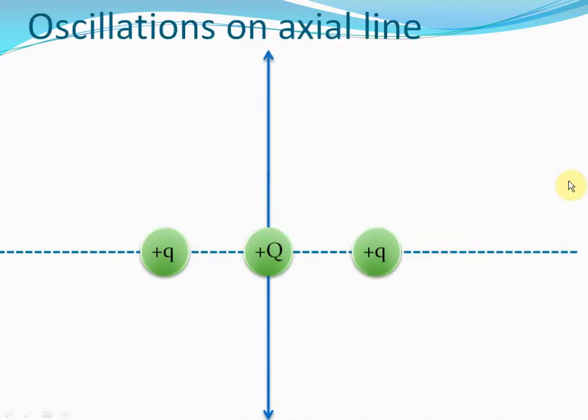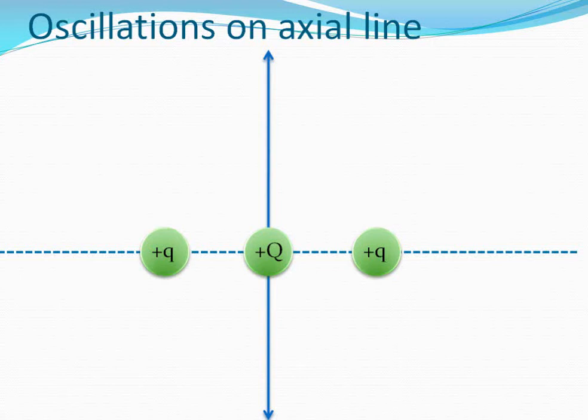So that was about oscillations on the equatorial line. But did you know that oscillations can also occur when you place a charge on the axial line? Now that is fascinating. Oscillations occur when you take a positive charge Q and place it in between two charges +q and +q. So oscillations occur on the equatorial line when you take a charge of opposite sign compared to the two positive charges on the axis, and stretch it a bit. And oscillations occur on the axial line when you take a charge of the same sign, and stretch it a bit along the axial line.